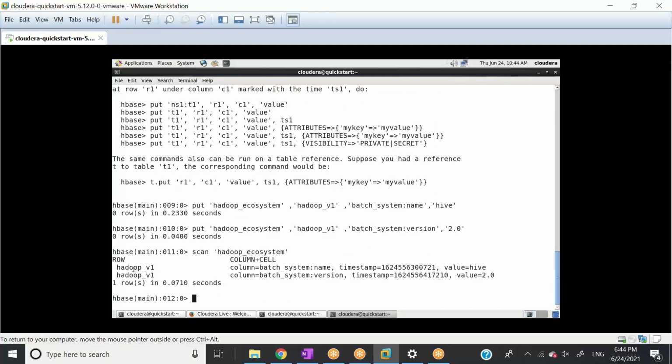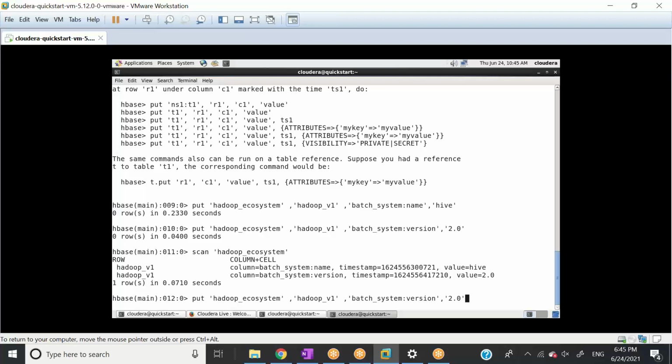Okay, so now it says you have row ID Hadoop v1, and inside this row ID, inside the column family called batch system, you have a column called name, and a value called hive, and see the timestamp. It will be an increasing number, right? And then we put a value here, 2.0, right?